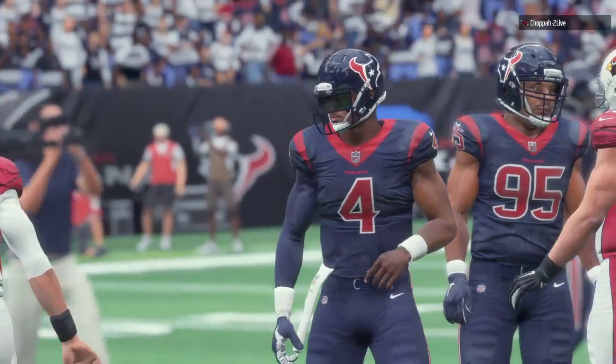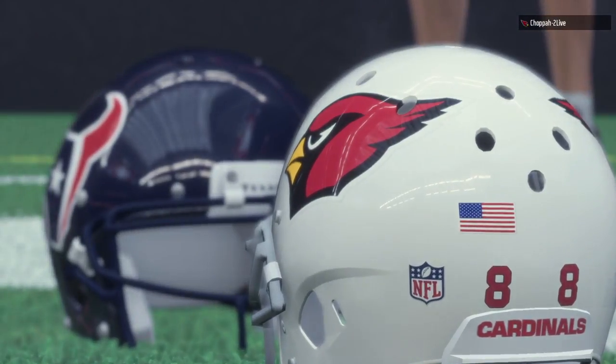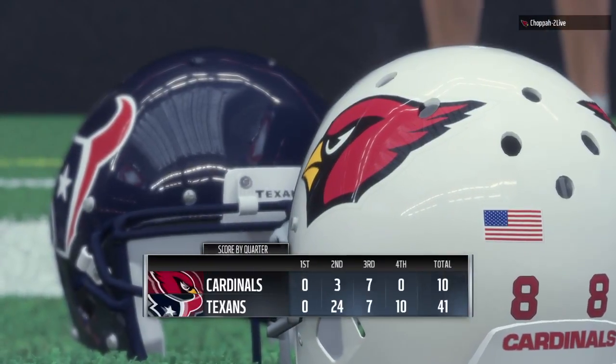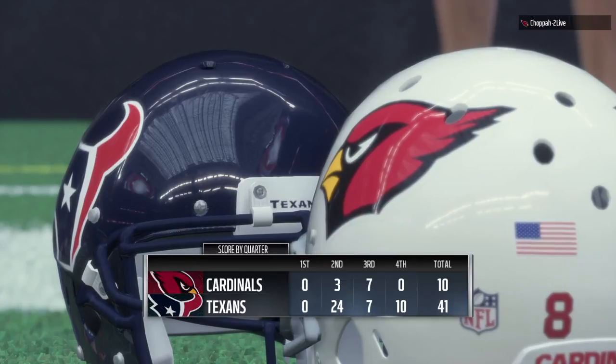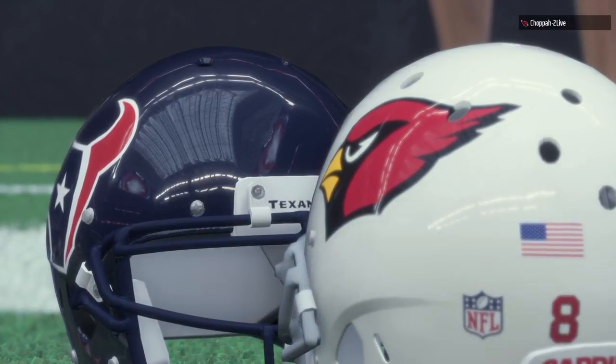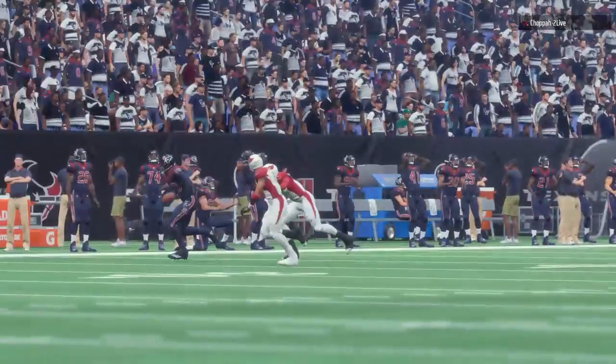So for Houston, they keep on rolling, 10-0 now to start the year. And they'll hit the road next week to take on the Baltimore Ravens. Meanwhile, for the Cardinals, they're going the wrong way as this will drop them to 3-7 now on the year. And they'll get a chance to redeem themselves next